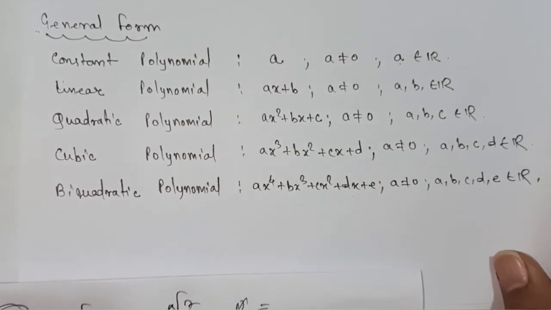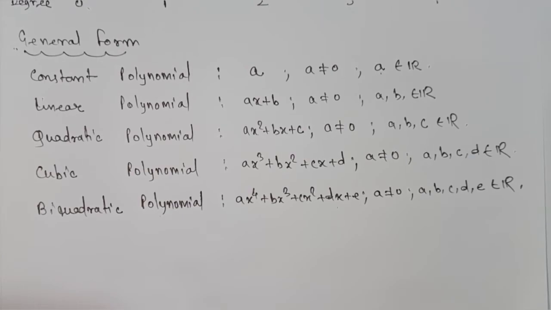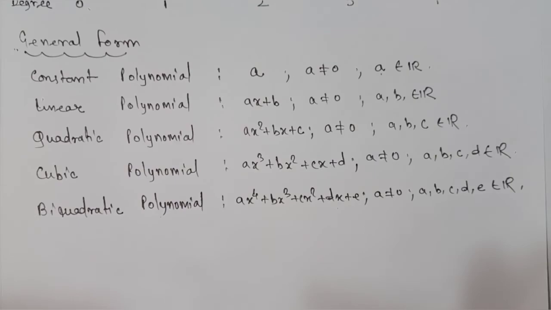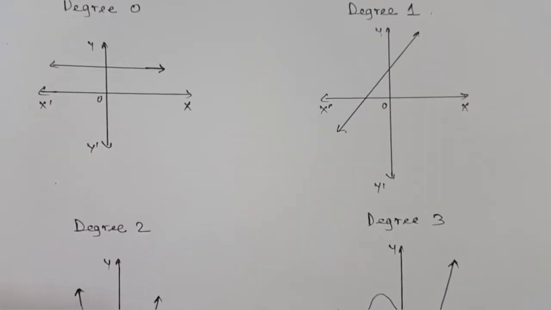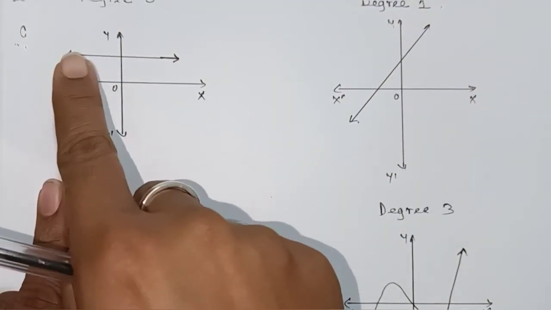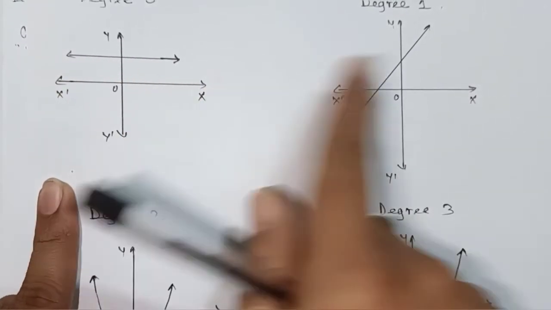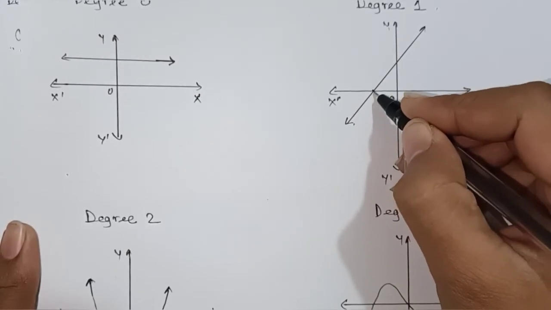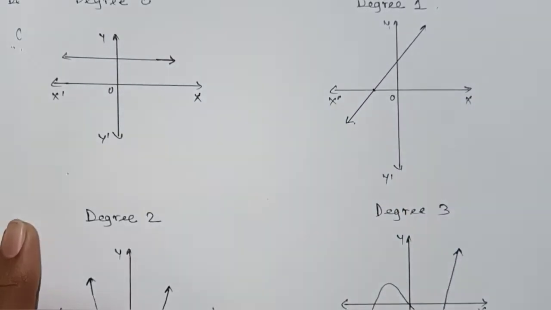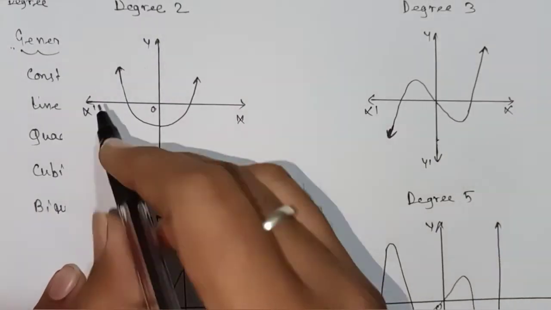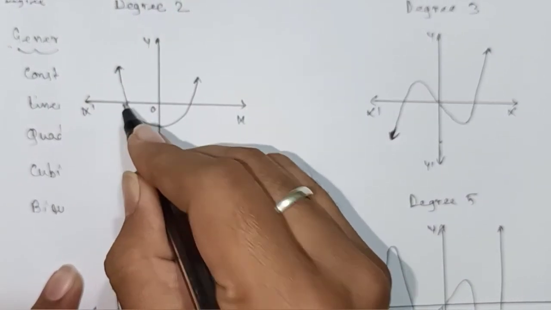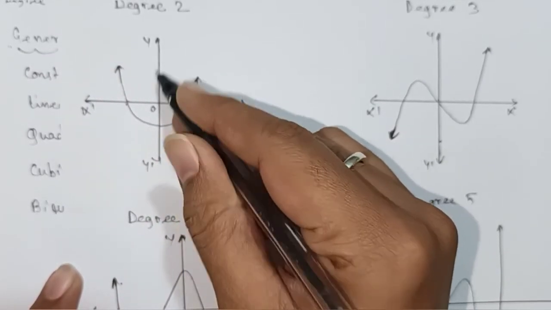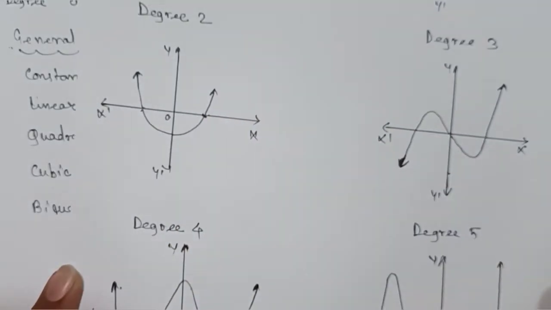And now we're going to see the graph of this. So here you can see the graph. First one, degree 0, it would be like that, where this one is not touching your x-axis. Degree 1, where you can see that this line touches your x-axis at one point. Degree 2, this is a parabola we call. Here it touches at 2 points. We will not care about the y-axis, we care about the x-axis here.